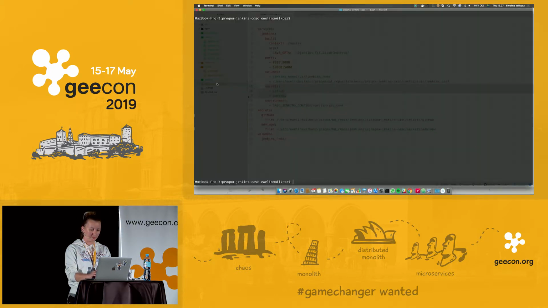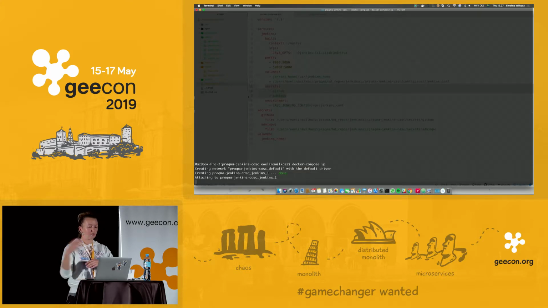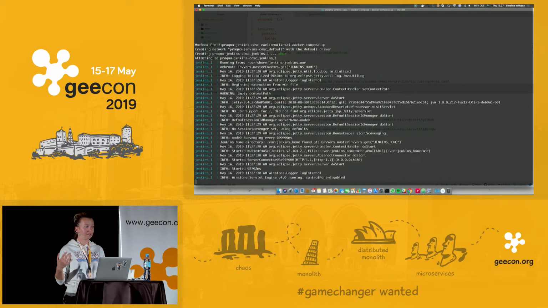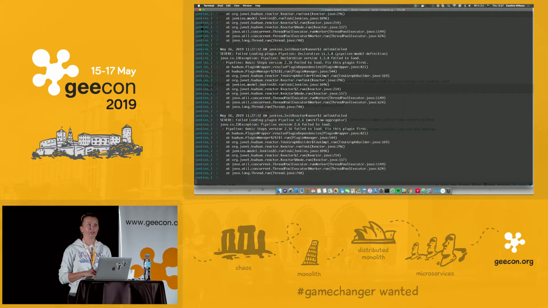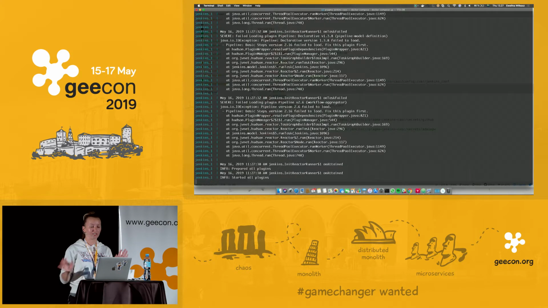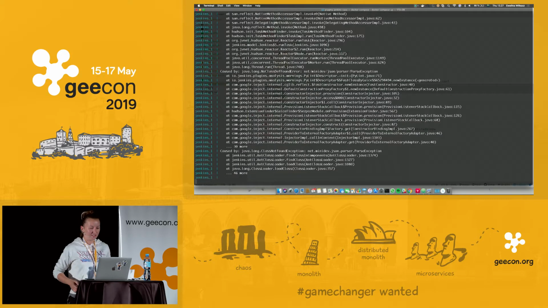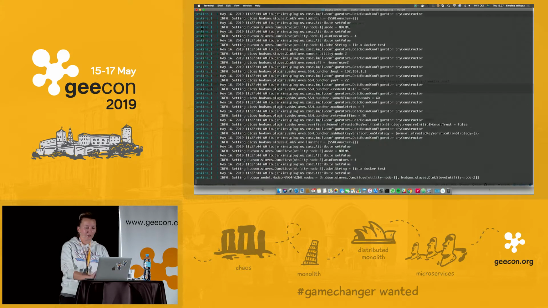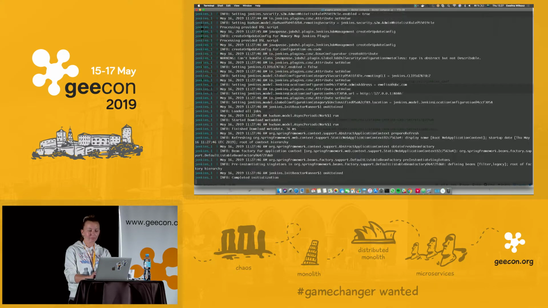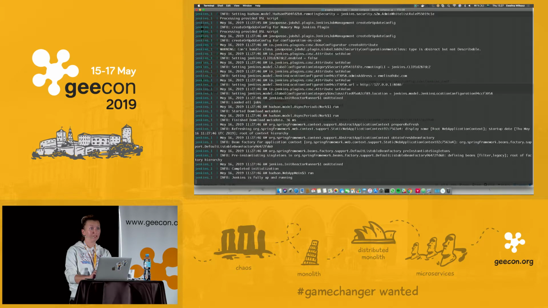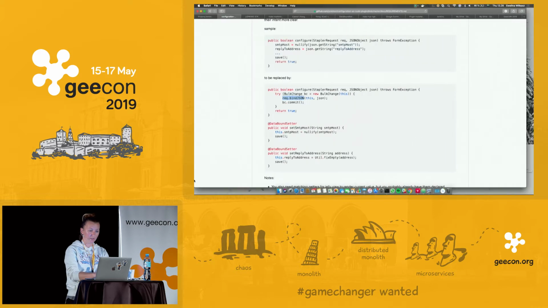So what I have to do is just run docker compose up. Of course, it's already built, and the plugins are downloaded. It was taking some time on this network, so you have to believe me that it would work from scratch, even if I hadn't downloaded all the images and plugins before. The warnings we've seen are related to build agents, because I defined some fake build agents that I want to connect through SSH, and they don't really exist. But Jenkins is fully up and running, so if I go here,